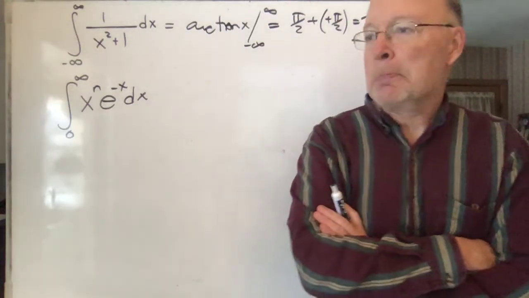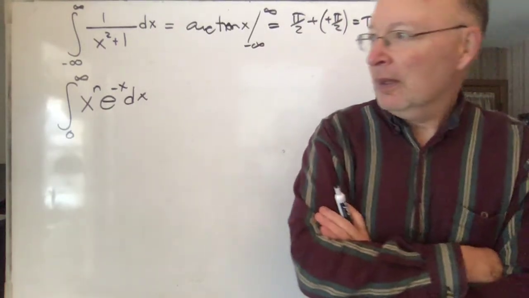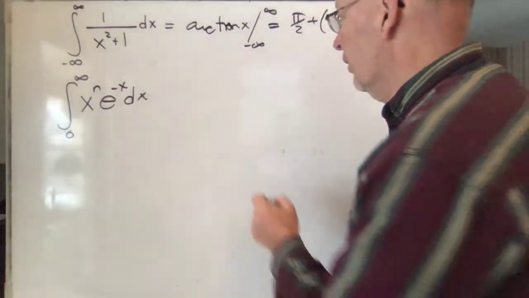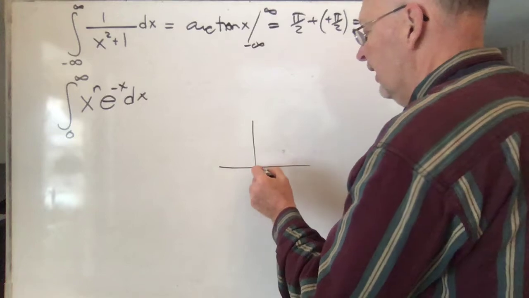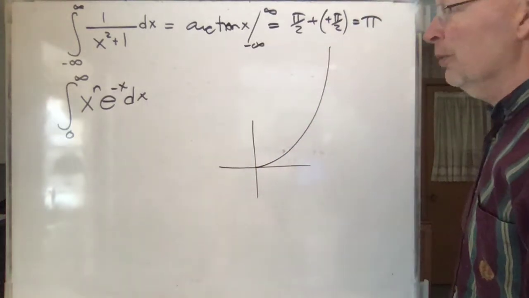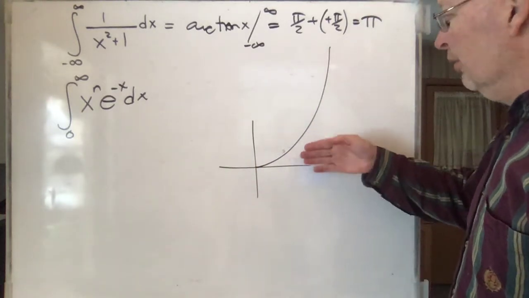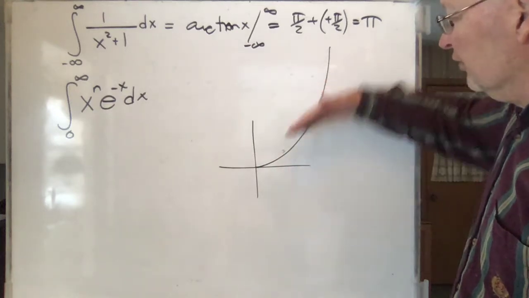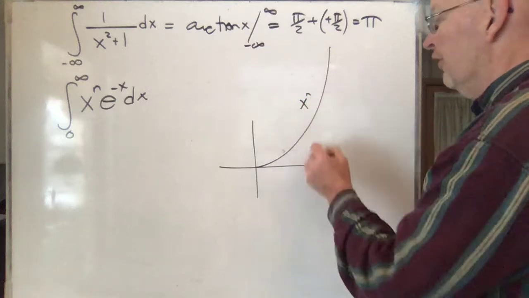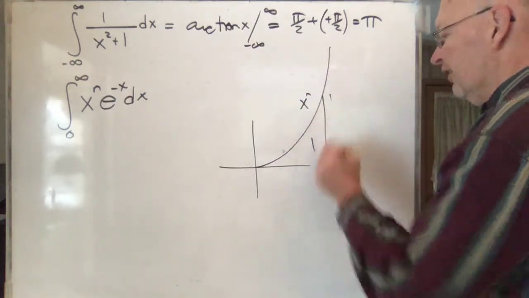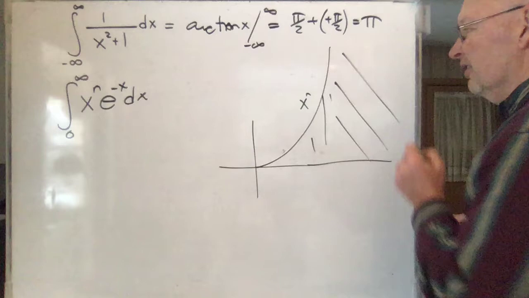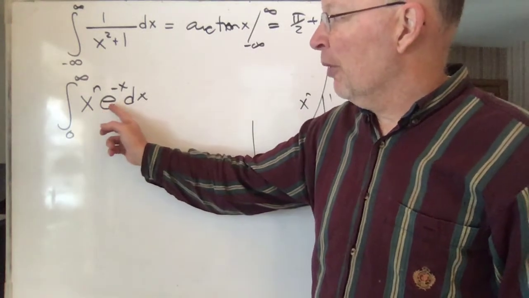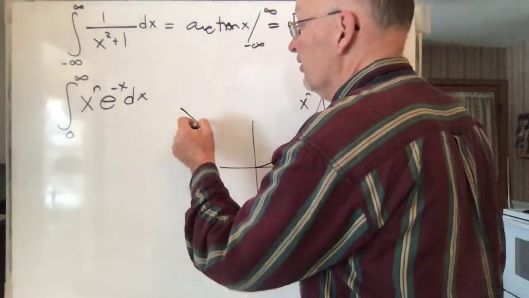Okay, now think about it again. X to the n up in the numerator, you would normally think, holy smokes, if you have x to the n, that's a function that's getting big super fast. Not only is the area under that going to infinity, but the function x to the n itself is going to infinity. So certainly the area underneath it, as you go off like this, it just seems to be accumulating like crazy. But then you're multiplying it by e to the negative x, right?